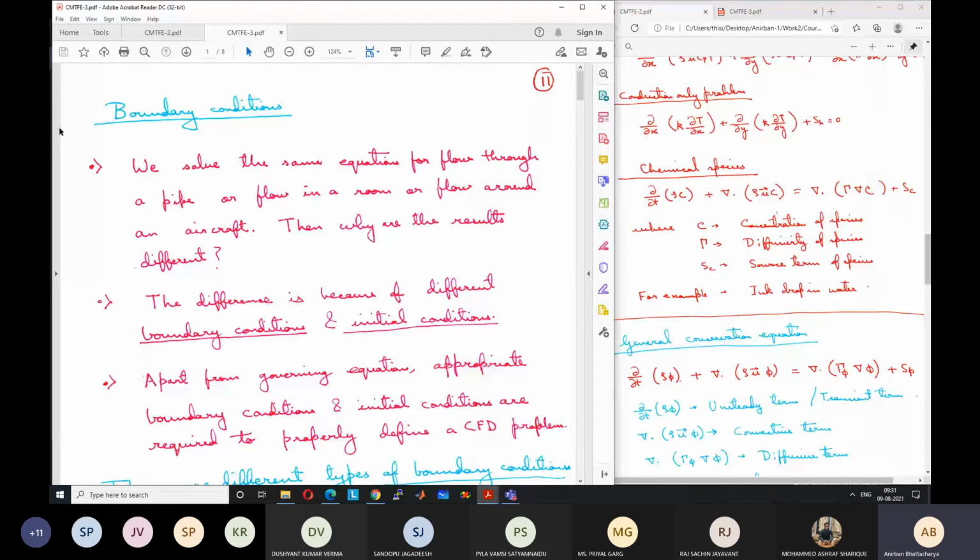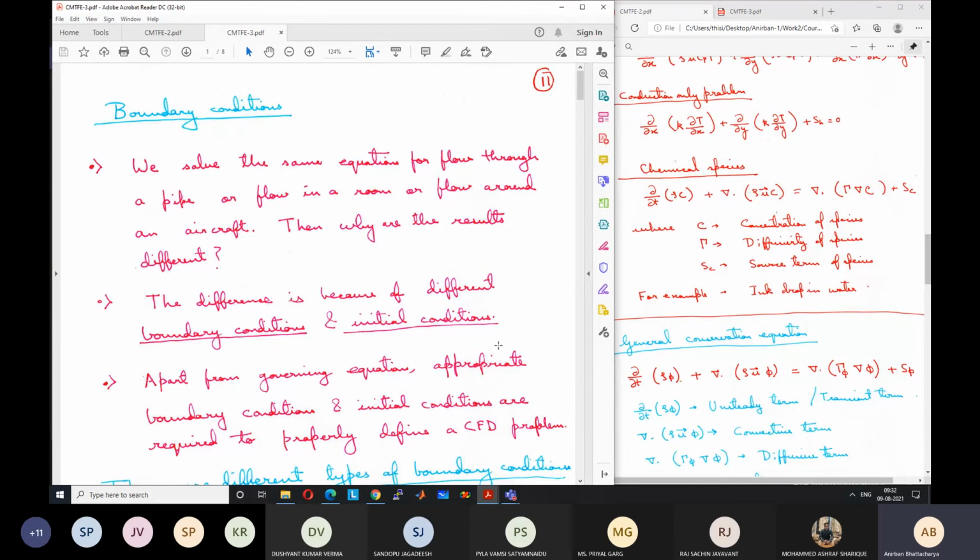Obviously, now time proceeds from one side to the other, so you cannot tell the future. So the temporal condition can only be given on one of the ends, which is the beginning of time. You cannot give it at the end of time. So at the beginning of time, the condition that we give is known as initial condition. So for example, flow in a pipe, what is the velocity at time t equal to 0 when the problem is starting? This initial condition has to be given for the entire domain.